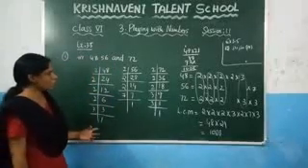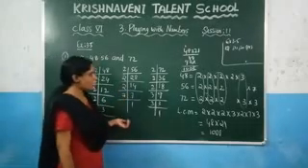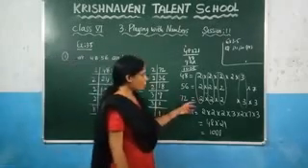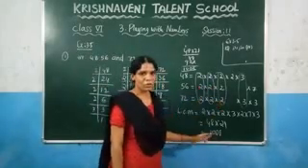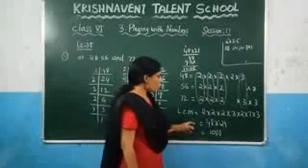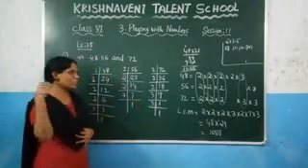If you have given any three numbers, you need to write each number as a product of the prime factors, and after that you need to write the common factor, and after that you need to write the extra factors that are left out, and making a product of these values will give you the LCM of the given numbers. Like this, you need to find it.